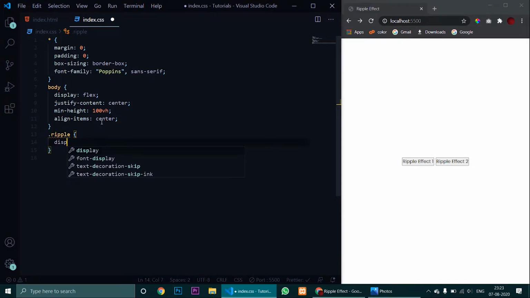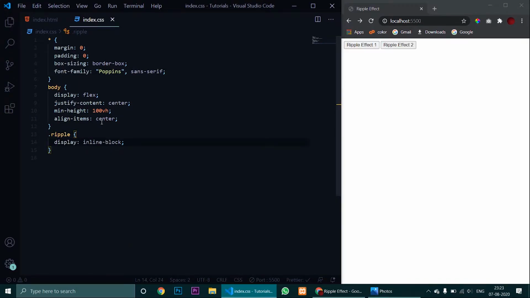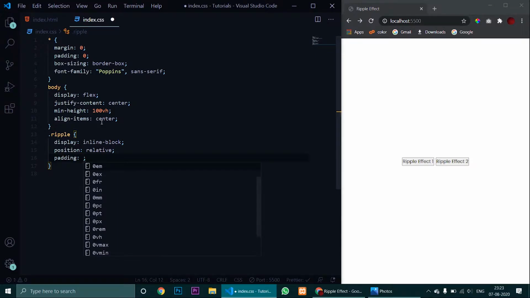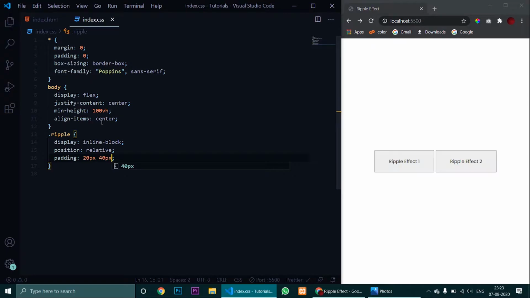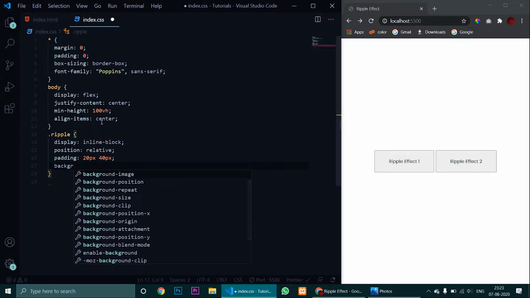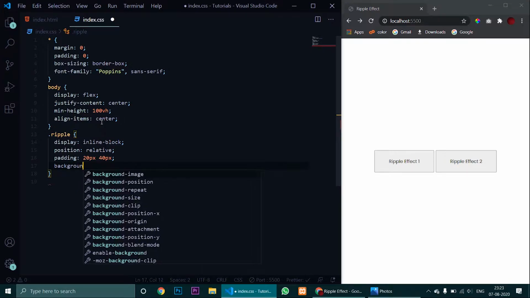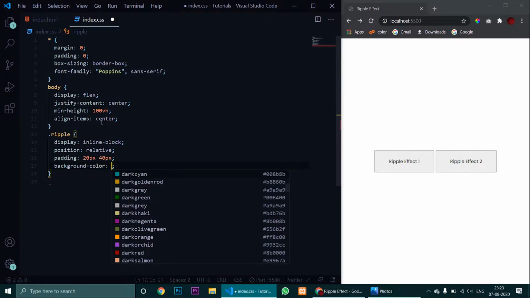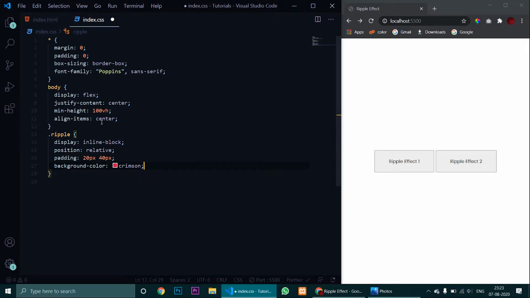Let's give them display inline block, position relative, then let's give them padding to make them look big, 7px 20px. Yeah, change their background color to crimson, give them a border of none.